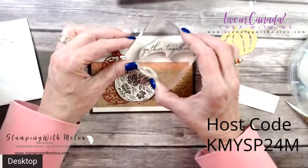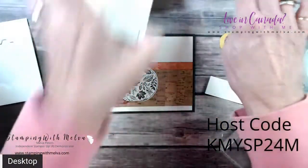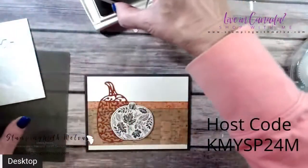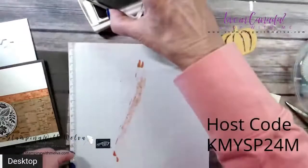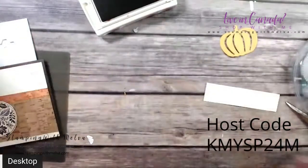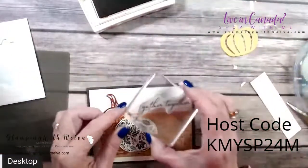So I think I'm going to stamp my sentiment at the top. Sketches are guidelines, so you can use the sketch and adjust it to what you need. But I am going to test this stamp and just make sure I know how it's going to stamp before I stamp it on my card. Oh, pretty straight actually. Sometimes I don't get the labels on very well, so